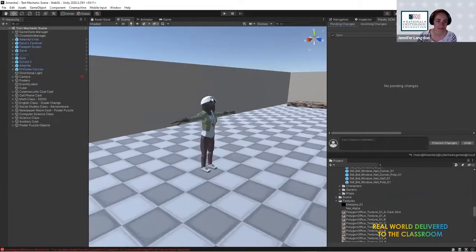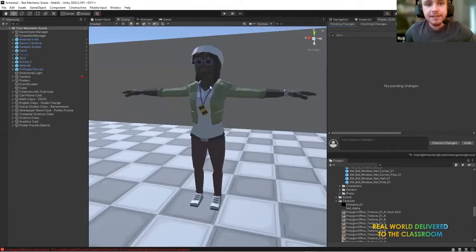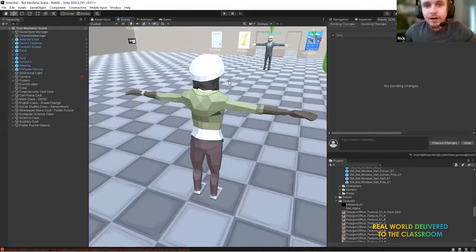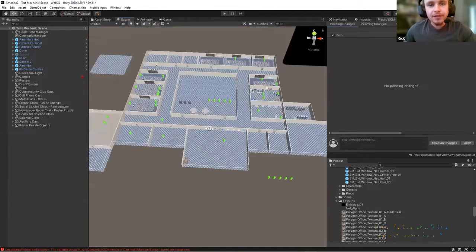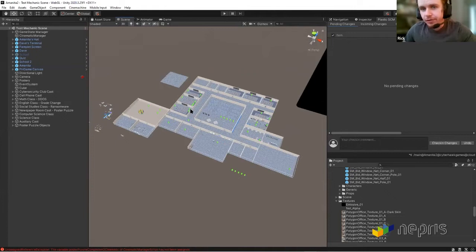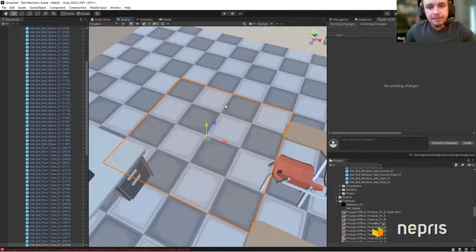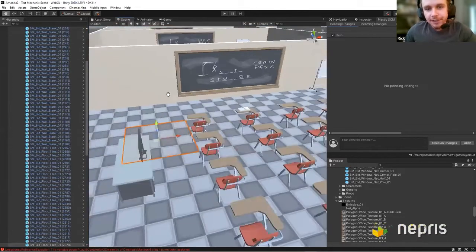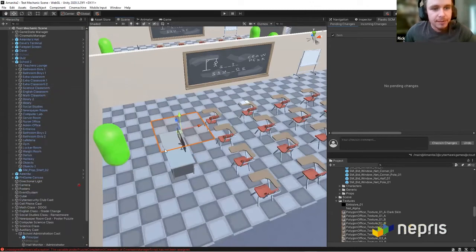So what we have here is Amanita. For those of you who haven't met Amanita, this is her. We are currently building the game out in a middle school environment. So what we did was we created a layout, a floor plan of what the school should look like. We have an office here for the principal, a nurse's office, several different classrooms that have been filled and fleshed out with different ideas. Like, I believe this is the math class.